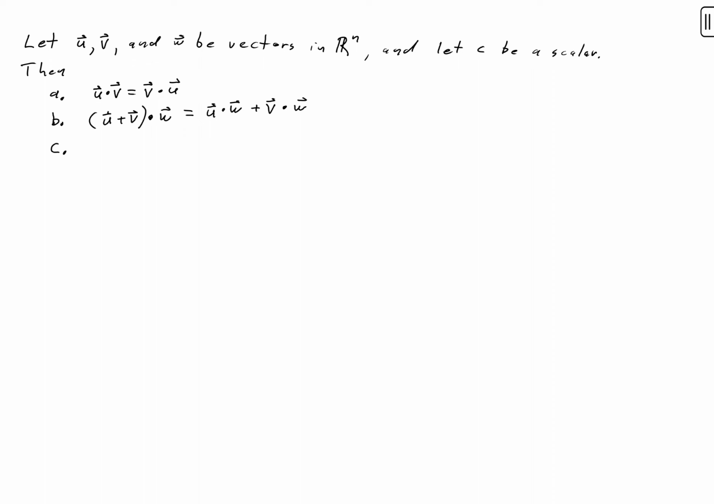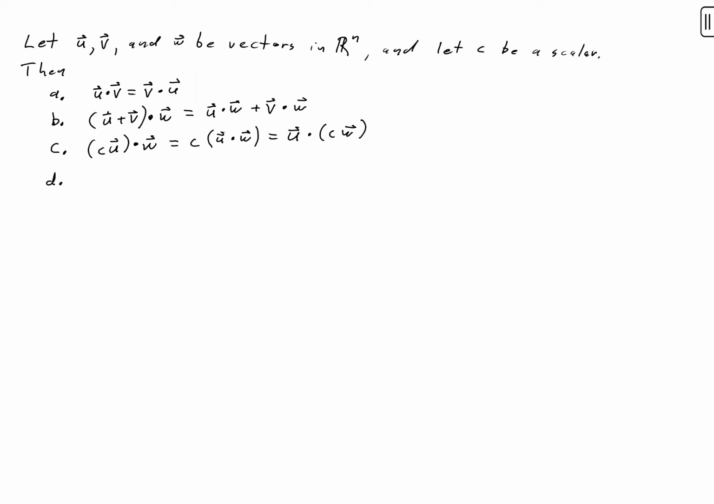The third result is if I take the scalar c times u and I dot that product with w, I get the scalar c times u dot w, which is equal to u dot the scalar c times w. So if I'm dealing with a scalar as well, I can put it anywhere I want to in the multiplication. And the last one